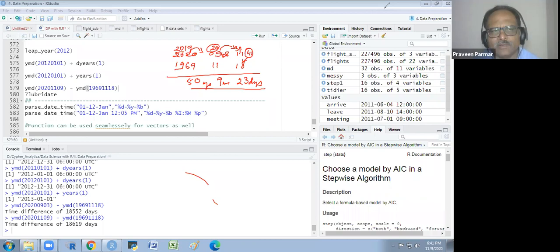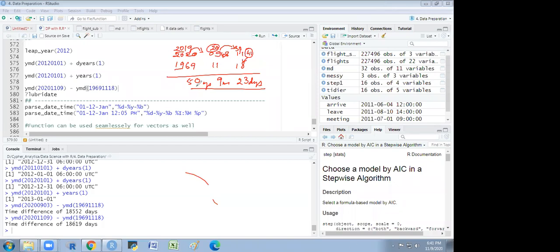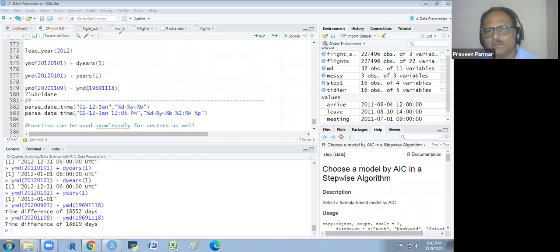You could search it on the internet and see what more we can do with Lubridate. I'm just giving you the important ones that we mostly use in data analytics. And if you want to go deeper, you can search it out. So this is the way we do it manually.